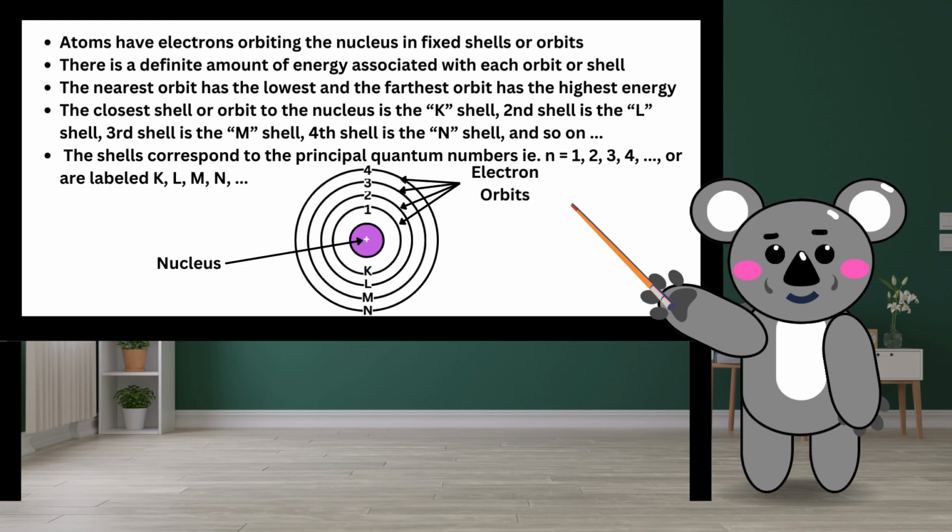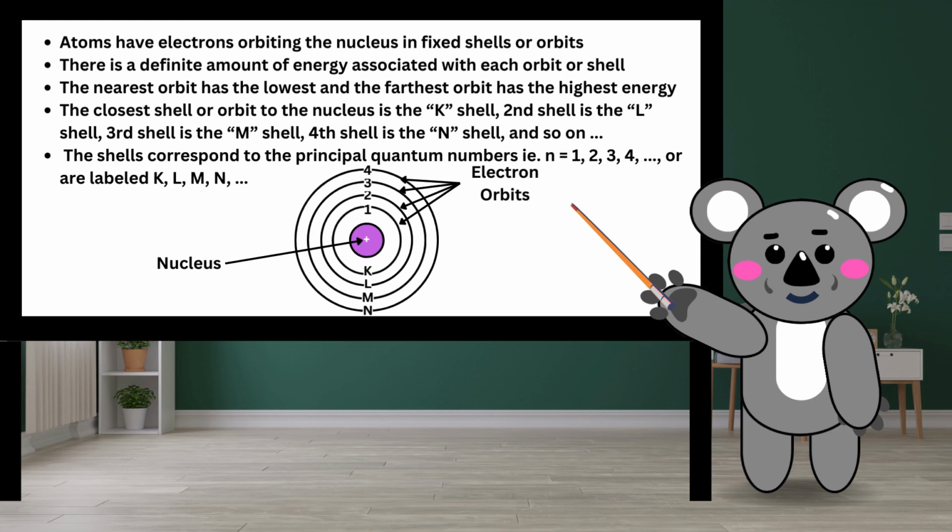The closest shell or orbit to the nucleus is the K shell, second shell is the L shell, third shell is the M shell, fourth shell is the N shell, and so on. The shells correspond to the principal quantum numbers, that is, n equals 1, 2, 3, 4, and so on, or are labeled K, L, M, N, and so on. The figure shows the positively charged nucleus and electron orbits K, L, M, and N, with principal quantum number 1,